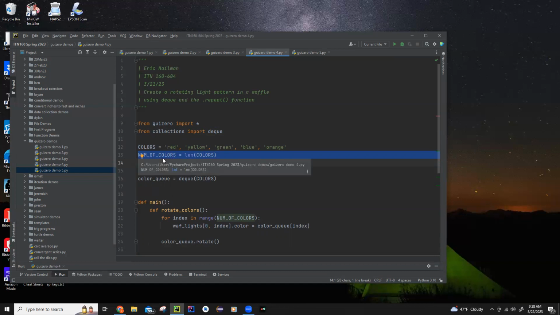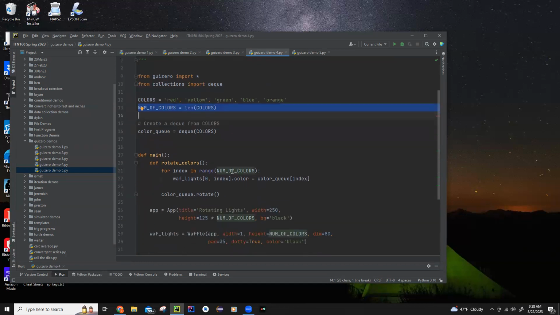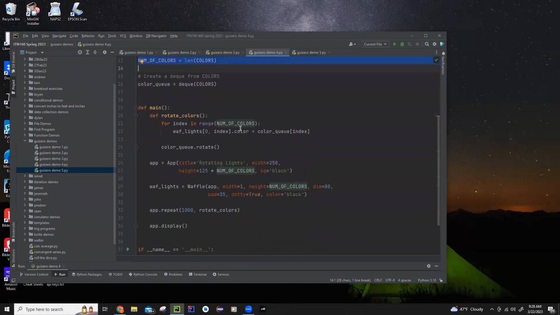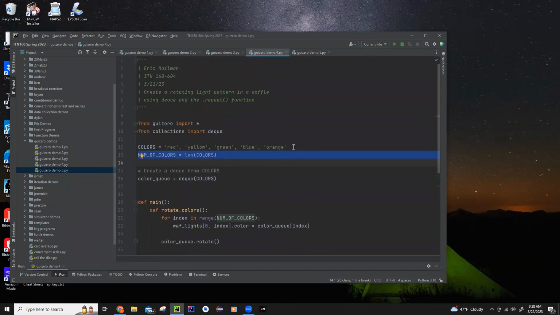Once I know this, now I can use it here for the range. I can use it here in a little calculation to size up my app window. And I can use it here to get the right number of rows in my one column. And that means that if for some reason I change my mind,